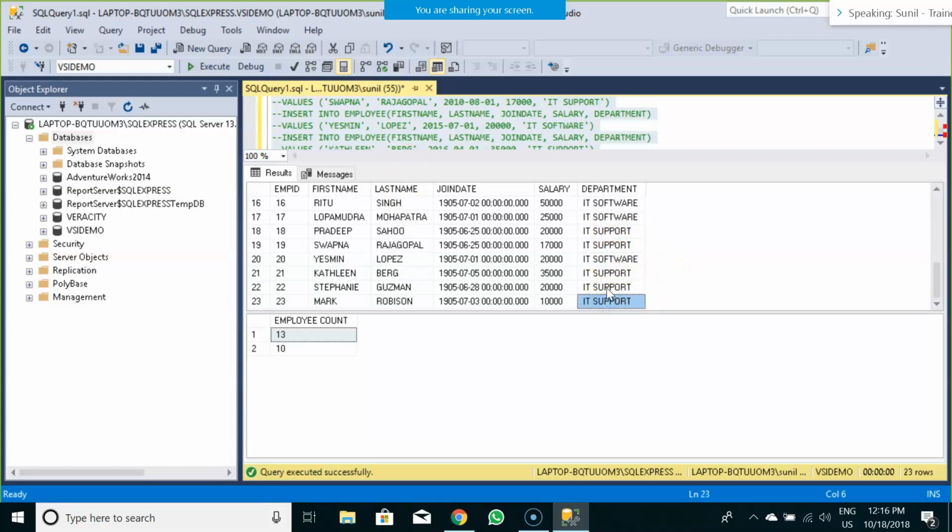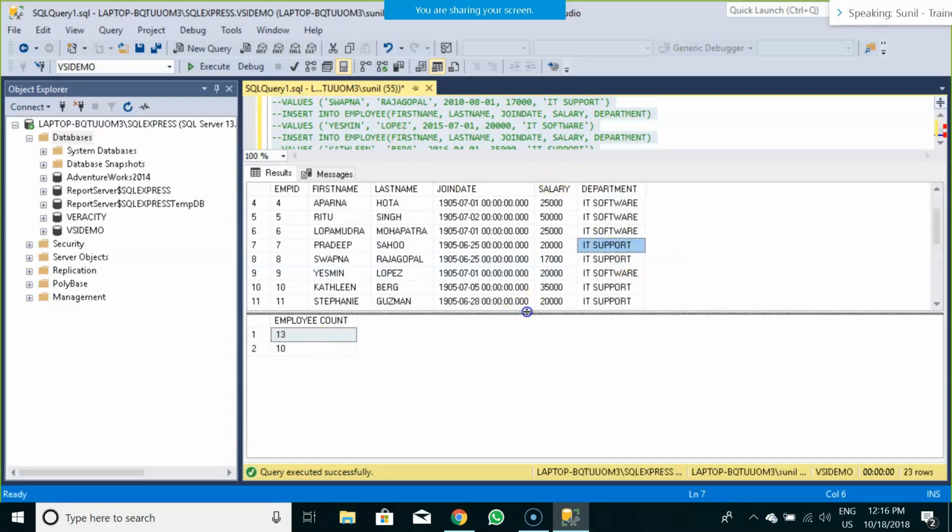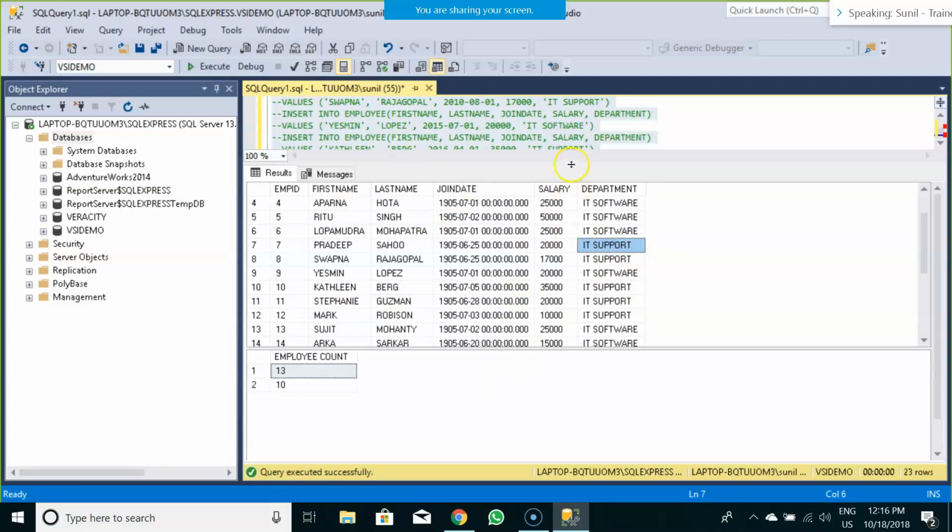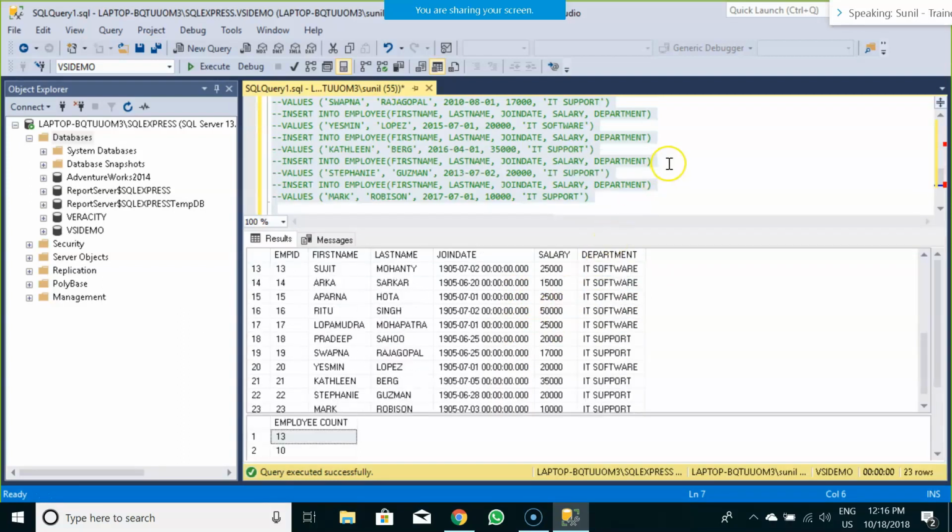And if I go on the IT support department, 3, 4, 5, 6, 7, 8, 9 and 10. So this group by gave me a count of employees within that particular department.